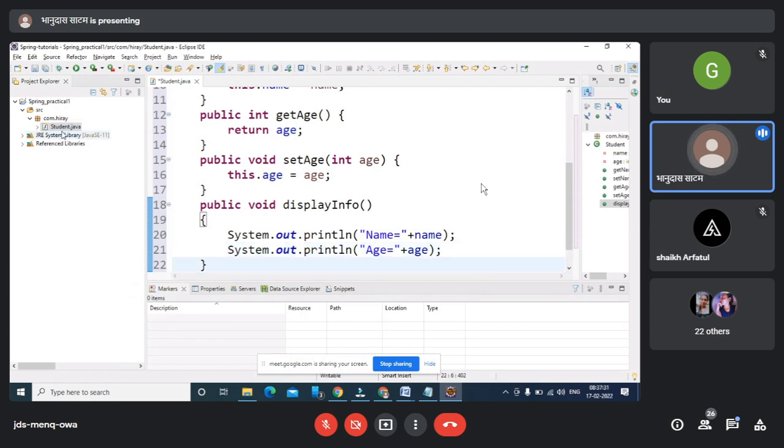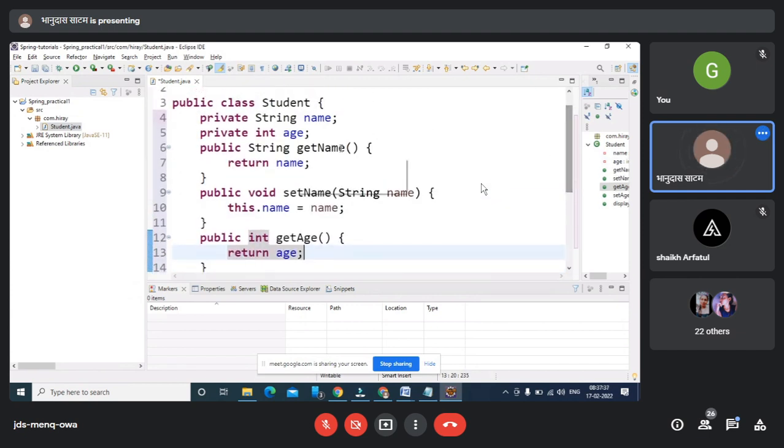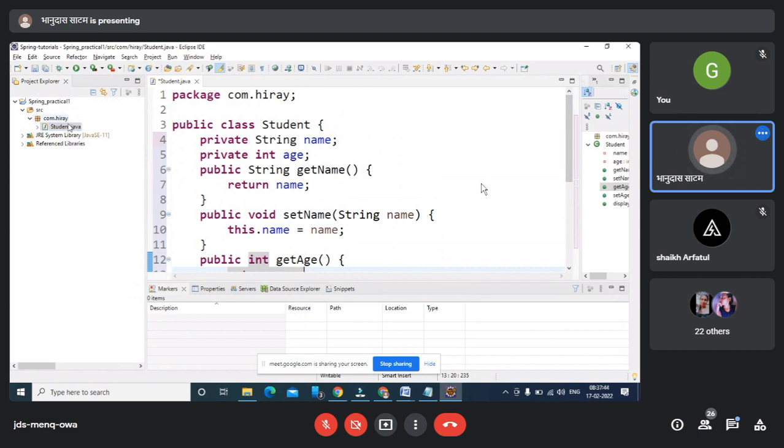So this is my class, also called an entity, and I'm going to create the bean of this class. Okay, so I have to create a Java bean of this. It's actually a bean only when you are creating any class inside Java and you want to use it as a component, then it becomes a bean here. I explained yesterday, a bean is nothing but a Java component which is created as a class.